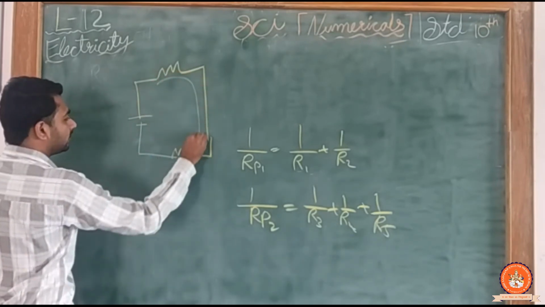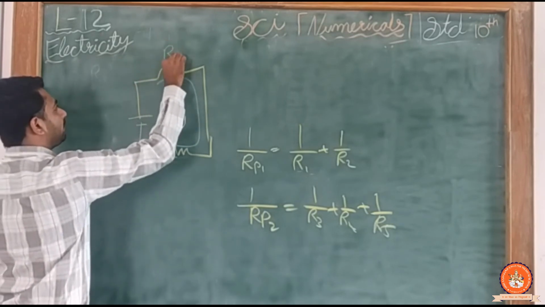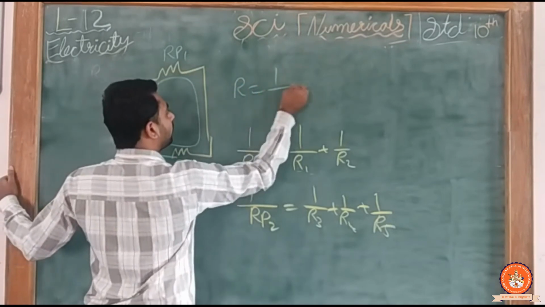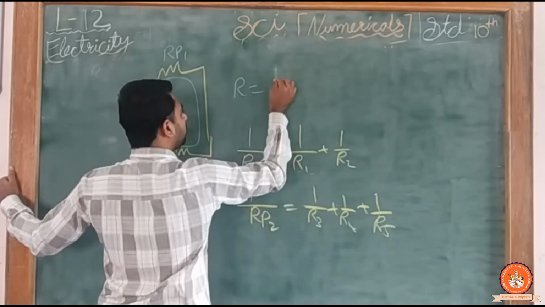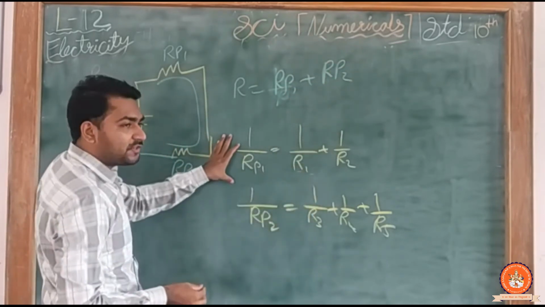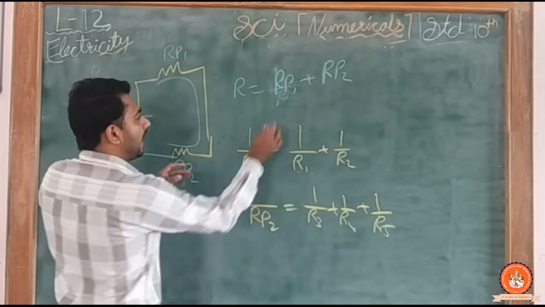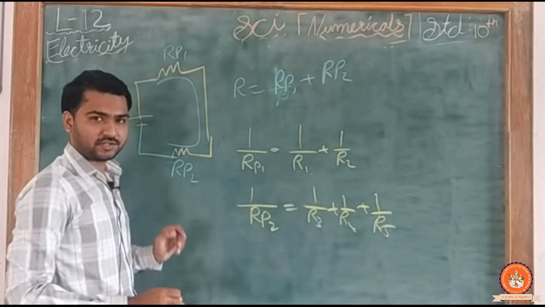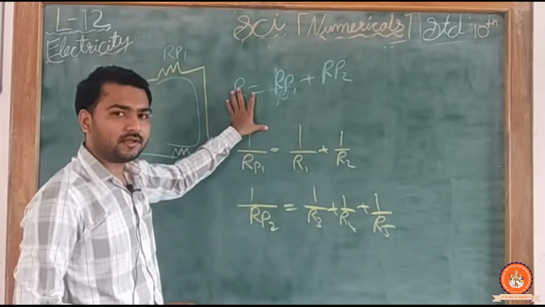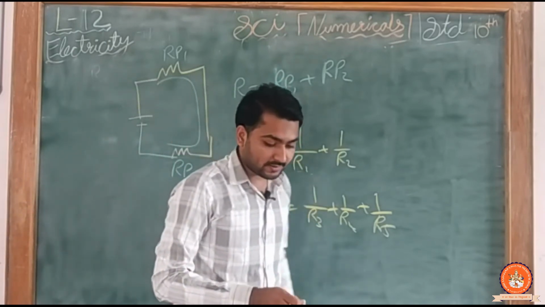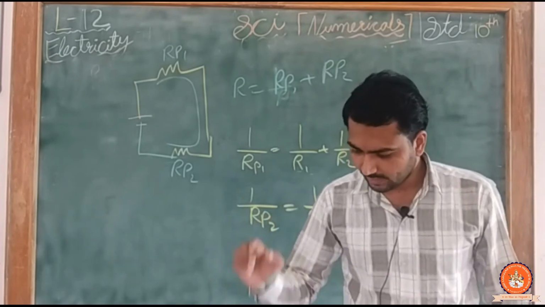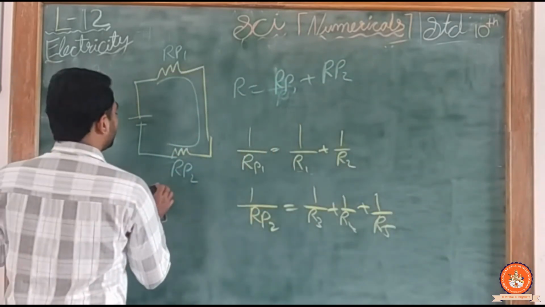Now this is in series form. This is my Rp1 and this is my Rp2. So total resistance is equal to Rp1 plus Rp2. The value which I get in Rp1 and Rp2, I will add here and I will get the total resistance. ठीक है? Rp1 और Rp2 को सीरीज में कनेक्ट कर देना है और I will get the R total. Then after I have to find the total current. So directly formula V is equal to IR. You will get the answer. Clear? That you have to do it by yourself in homework.